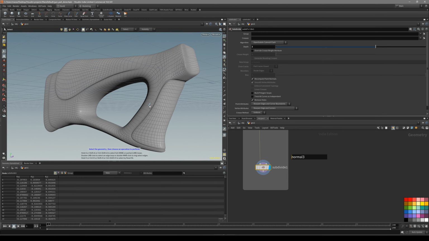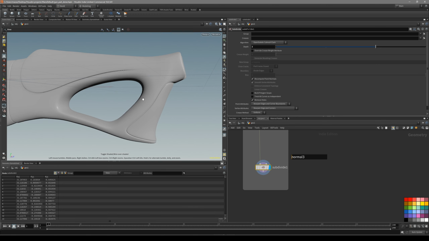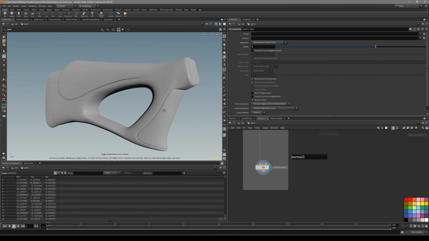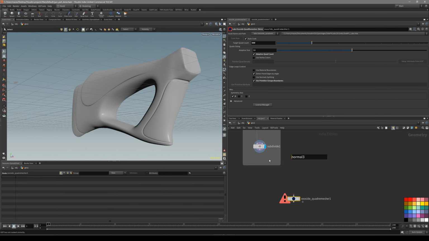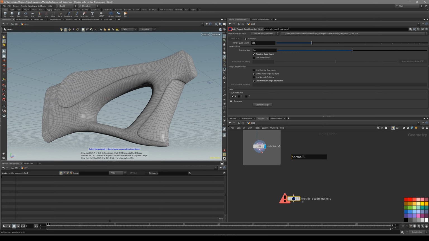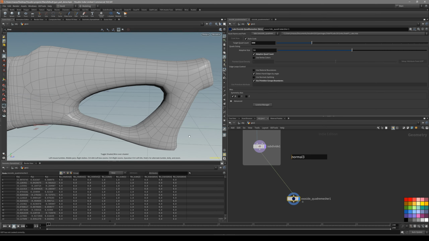Now let's talk a little bit about how we can color in the density for our mesh. So what I have in here is my previous video, the gun grip. So first of all, let's put down a remesher. For me, it's basically the already subdivided mesh. Let's point it in here. So first of all, you can see it's